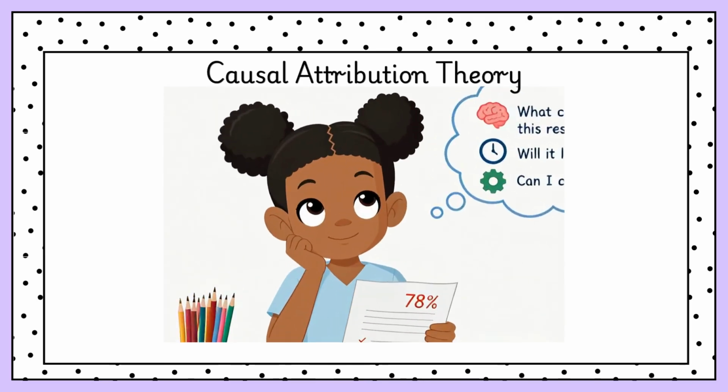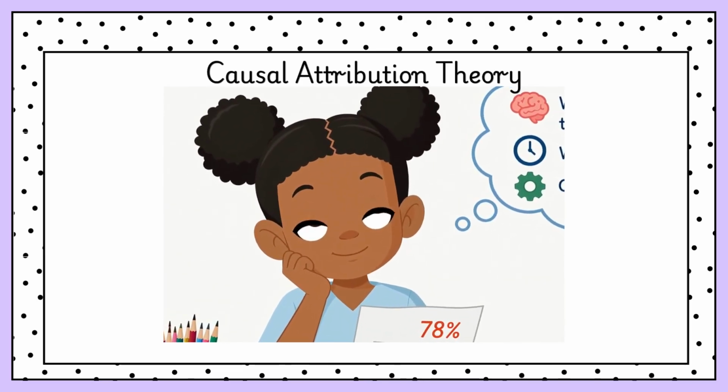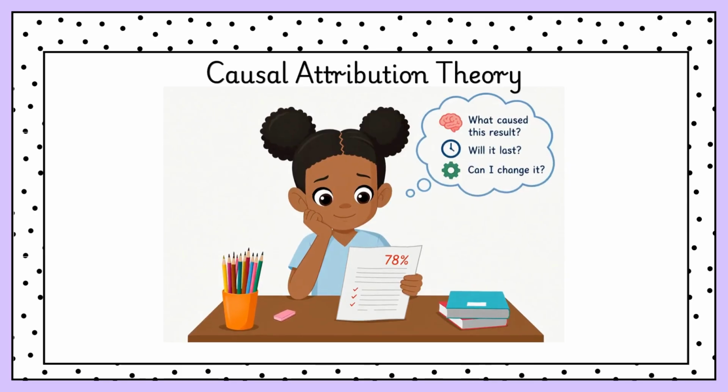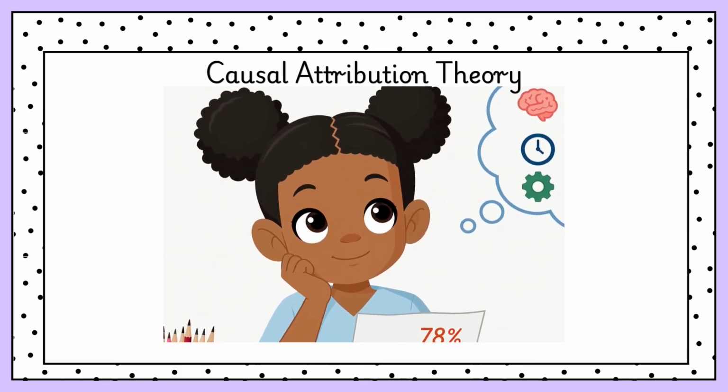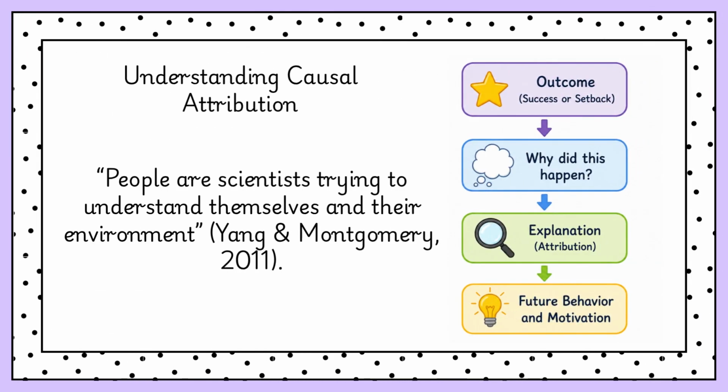When students encounter a setback, they don't just move on, they try to make sense of what happened. Those explanations can either motivate them to keep trying or convince them to give up. Our final motivation theory is Wiener's causal attribution theory. This theory focuses on how people explain the reasons behind their successes and failures and how those explanations influence future